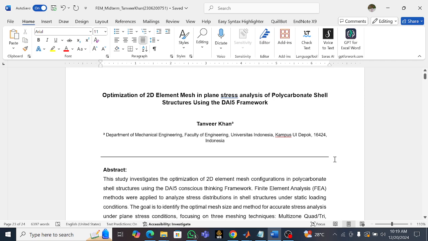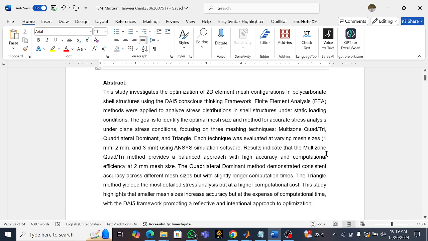My name is Tanveer Khan and I'm a student of Mechanical Engineering Department, University of Indonesia, Lifo campus. So today I'm going to present my research article, titled Optimization of 2D element mesh and plane stress analysis of polycarbonate shell structure using the DiFi framework. I will start from the abstract. So the abstract is